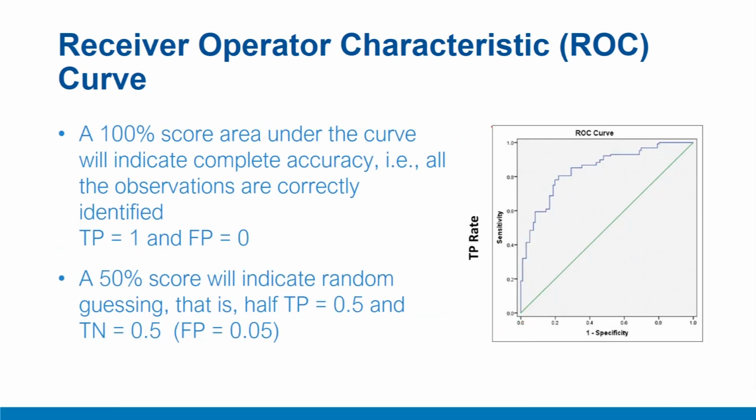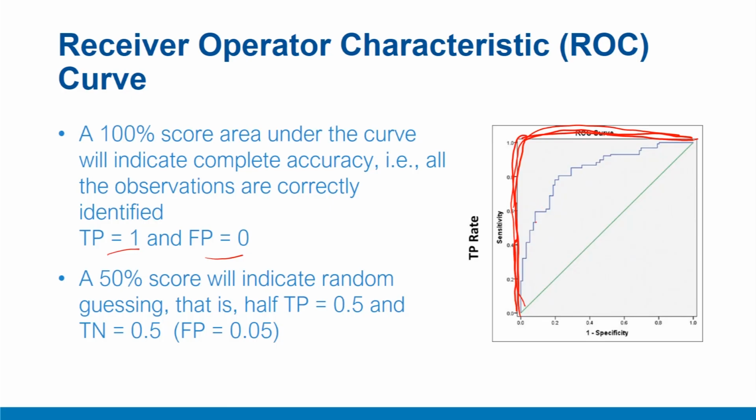Finally, an ideal but more of a theoretical case would be a 100% score. That means all the observations are correctly classified. If there were a model that completely and accurately classifies all the observations with 100% accuracy, although it will not exist, it will move like this. And therefore the area under the curve for this kind of curvature is 100%. It captures everything. That means all the observations are correctly classified, so the true positive rate is 1 all the time and the false positive rate is 0 for all the thresholding values. But this is more of a theoretical discussion.